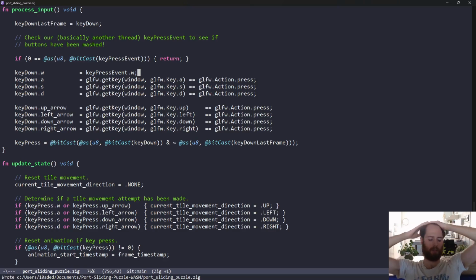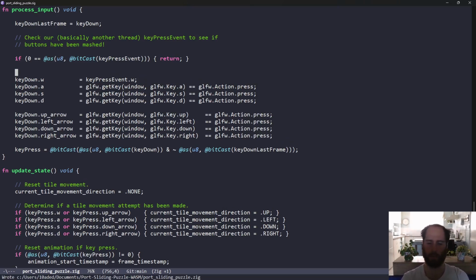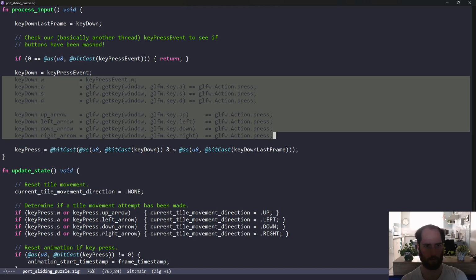Again, this is multi-threaded. We'd have to be careful, but we wouldn't even get to this stage because the setup would be way simpler. So I think we can just say key down is equal to key press event,